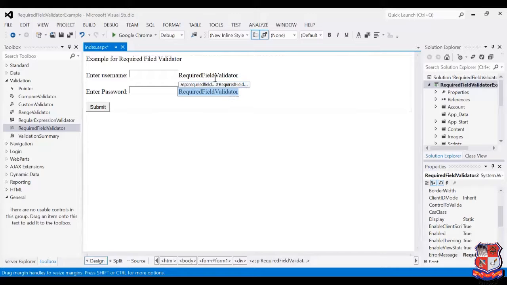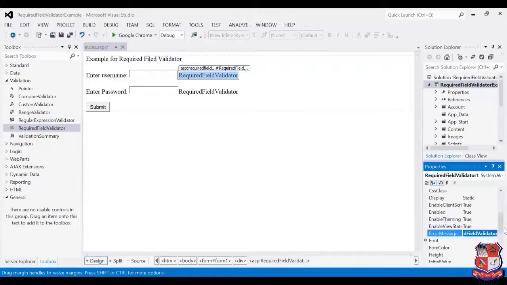Now on the username required field validator, I'm going to change the error message first, for example, "User name cannot be empty." Then a few more properties we have to change.